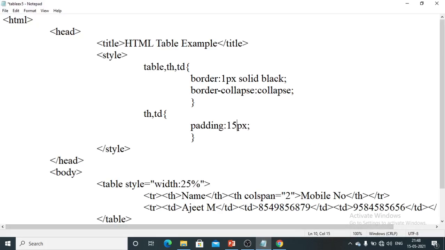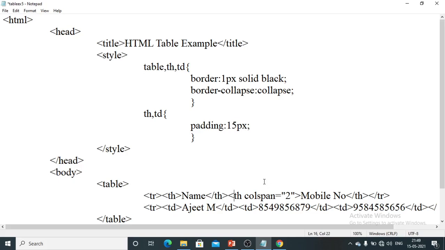That will be better. Styling is done. Now in the table I will remove this width value and let it take the default style. I will not mention any attribute there. Okay, so name is done.